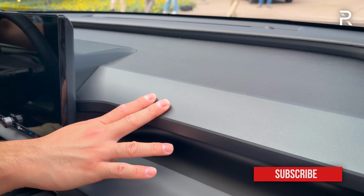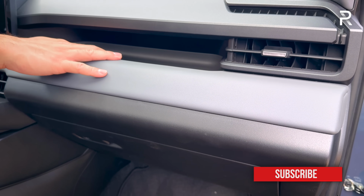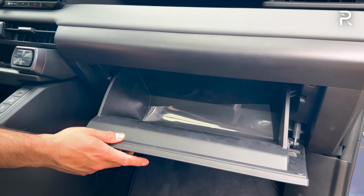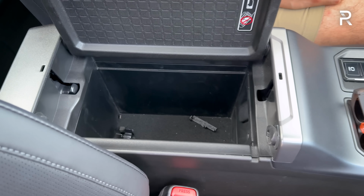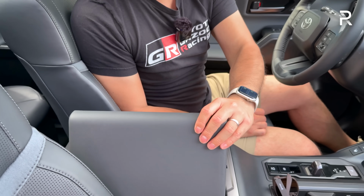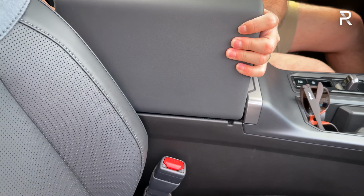There's some smoother plastic over here, but this is at least the padded soft touch from the door panels. There's some nice storage over here. Glove box, you can see, opens up. It's a bin style. It's damped but not lined with felt. And then over here on the rest of the center console, you can see there's a nice padded center console area, which Toyota actually lets you open from both sides, which is pretty similar to what we find in some Lexus models. But there's also another touch where you can actually pull this out, which...